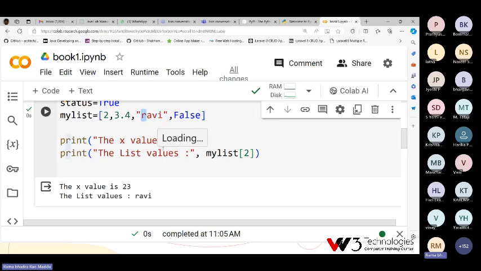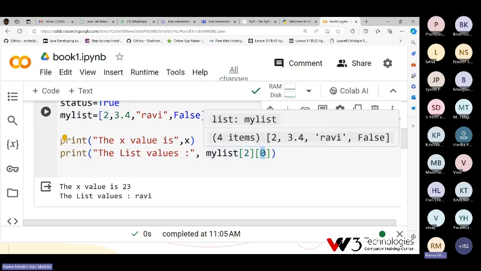If you want to print, it is 0th location, first location, second location, and I want to print only R. Second location, first character I want to print. Then you can mention square brackets 0th location. What is in the second location here? A string is there. And in the 0th location of it, R is there. Now I used double square brackets. It is telling about the second indexed element, 0 is the second indexed element's first character.